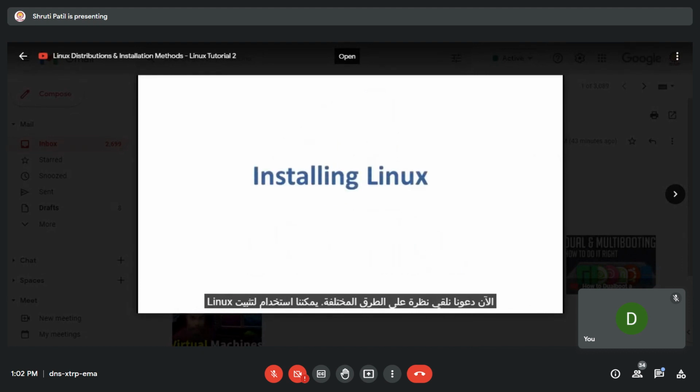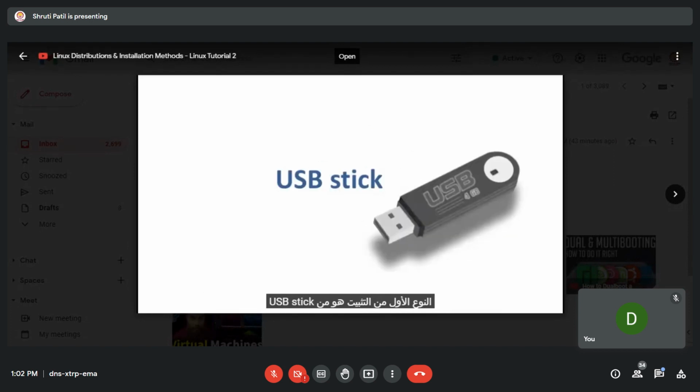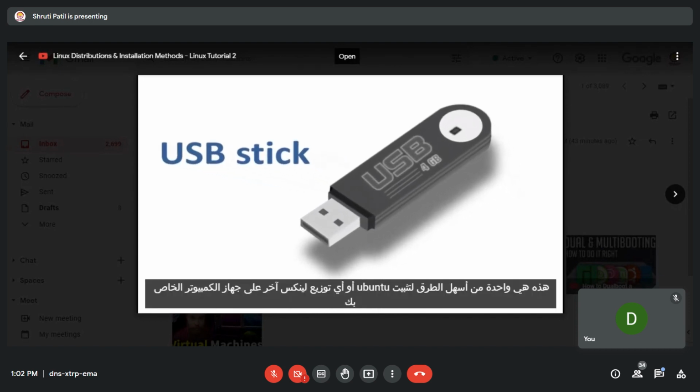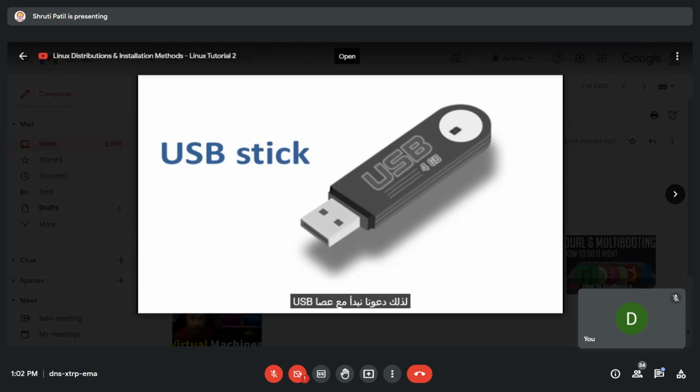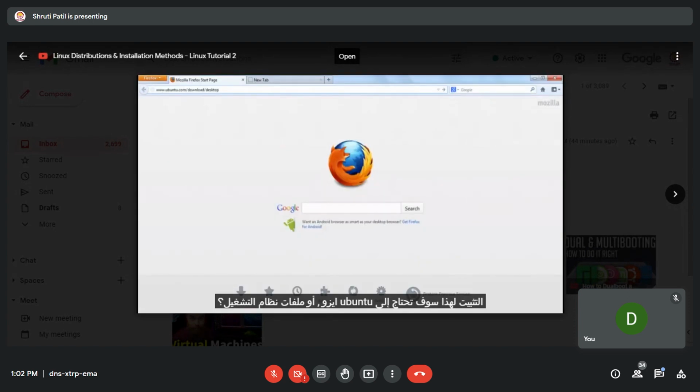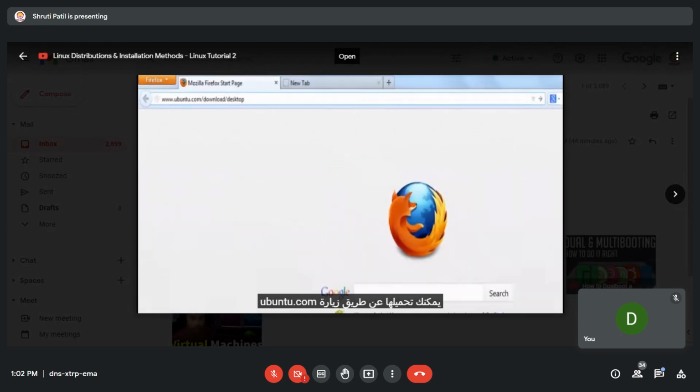Now let us look at the various methods we can use to install Linux. The first type of installation is from the USB stick. This is one of the easiest methods of installing Ubuntu or any other Linux distribution on your computer. So let us start with the USB stick installation. For this, you are going to need the Ubuntu ISO or OS files. You can download them by visiting